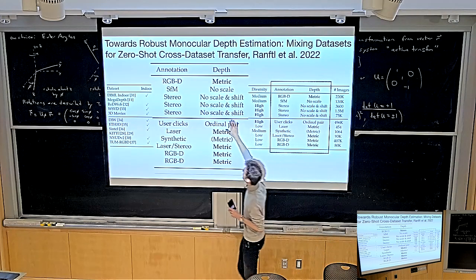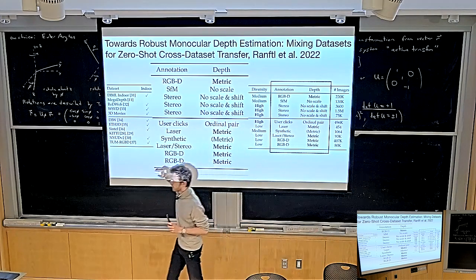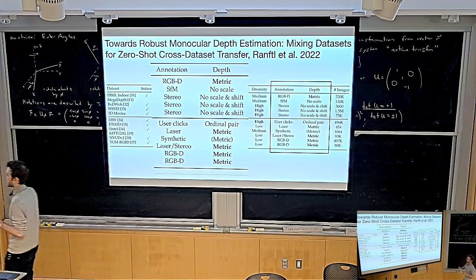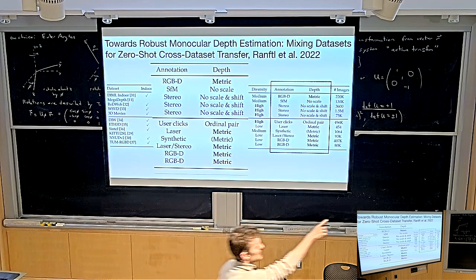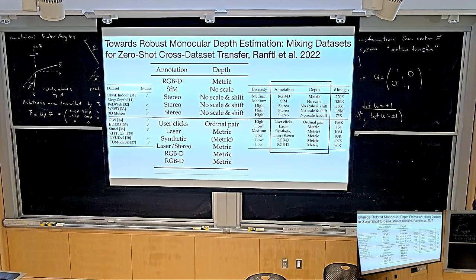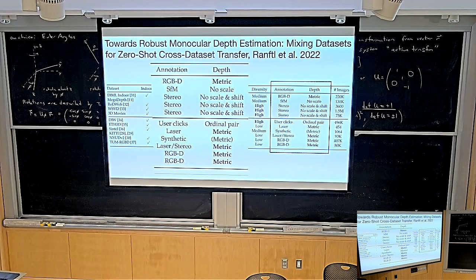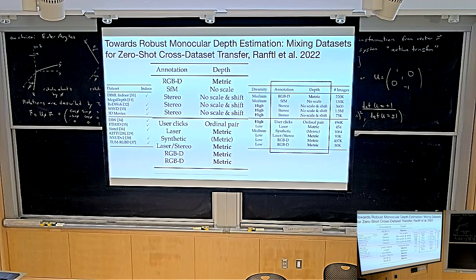Then there's stereo, and there similarly they say, oh, the stereo camera doesn't have scale and it has shift. That is probably because these data sets were, you can see here this says something like RedWeb. So these might be stereo cameras, but when people computed the depth on top of these stereo cameras, they probably didn't have access to the camera calibration, so they don't actually know what the baseline is, and so it's not calibrated.